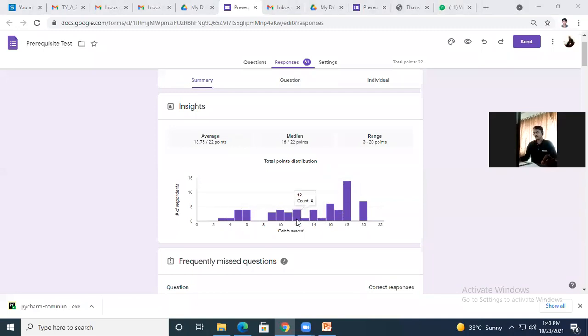4 plus 4, 8. Now if you go through the analysis, out of 61 students, 23 students scored marks up to 12, that means up to 60%. The remaining students got marks more than 60.